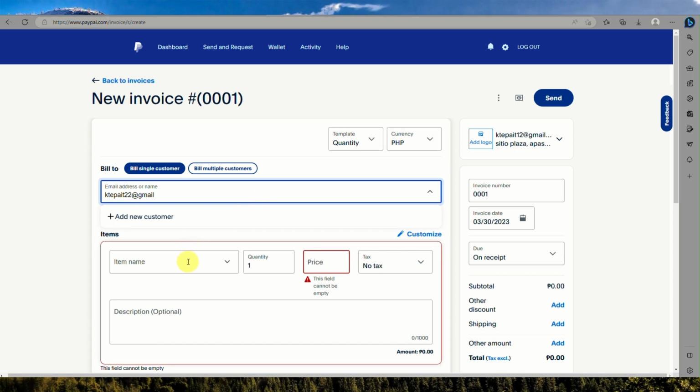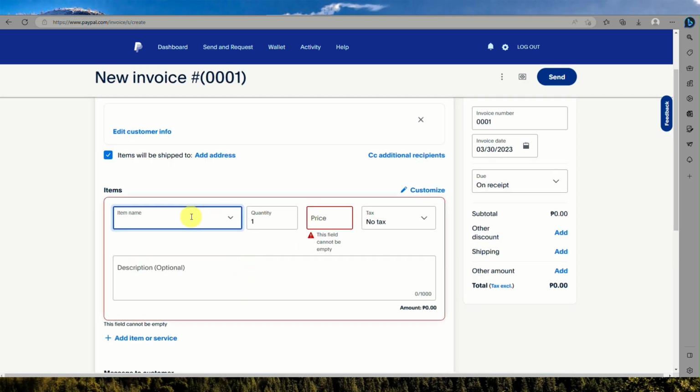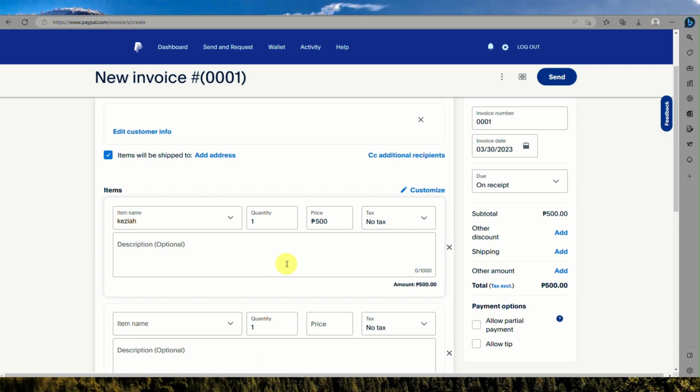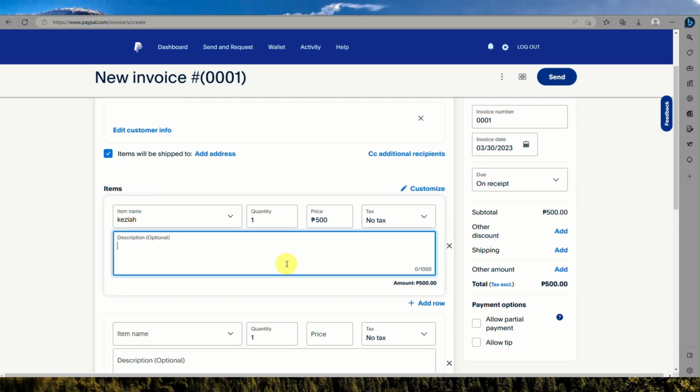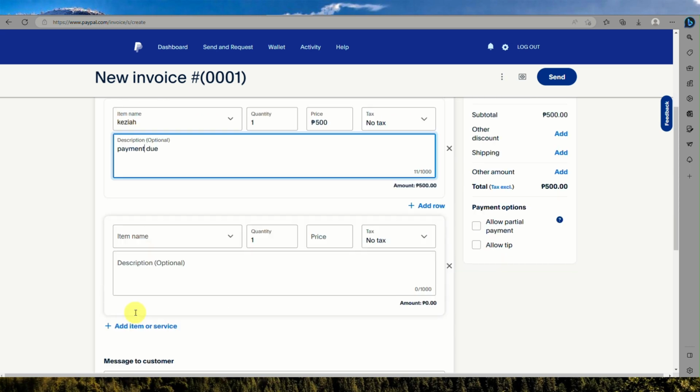Then you input the item or the items that were being purchased, the quantity, the price as well, and make sure that everything is filled out, since all of this information needs to be filled for us to proceed. You can also add a description on what the item was for,